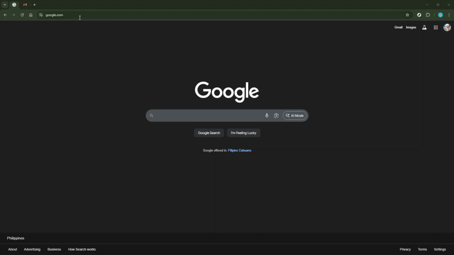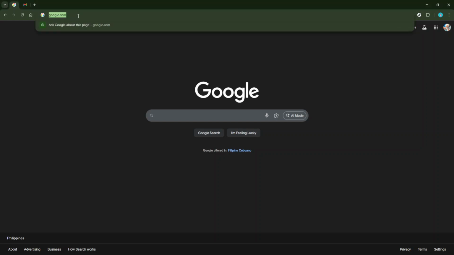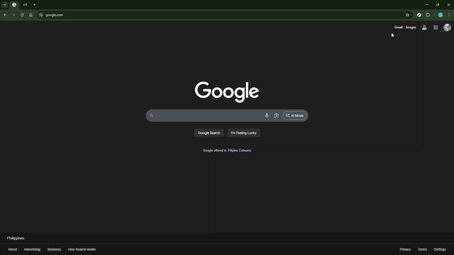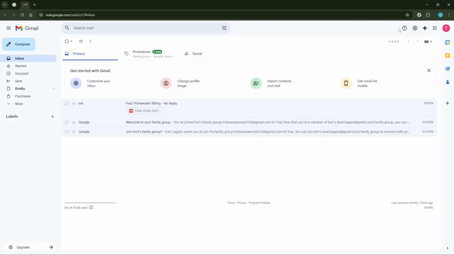First, you want to start by opening Gmail on your computer. It's important to do this on a desktop or laptop because some features, like setting up filters, are not available on the mobile app. Once you've got Gmail open, look for the gear icon located in the upper right corner of the screen. This will take you to the Settings menu.